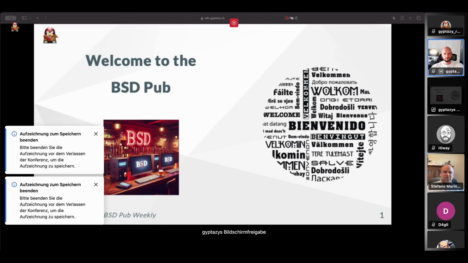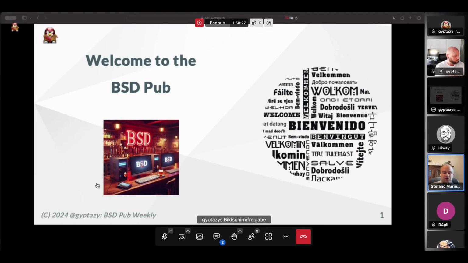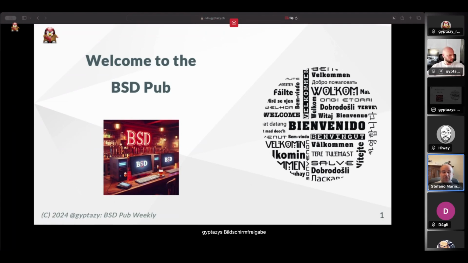Okay, so as we said last week during the meeting, I will show you some parts of the BSD Cafe architecture, that is mainly the two virtual machines that are running the whole service, so all the jails which are running all the services you can reach online now. And I will show you how I'm monitoring them and how I'm performing the backups of the data,